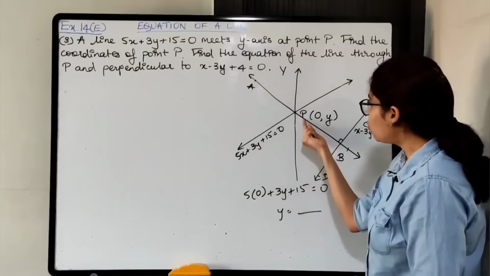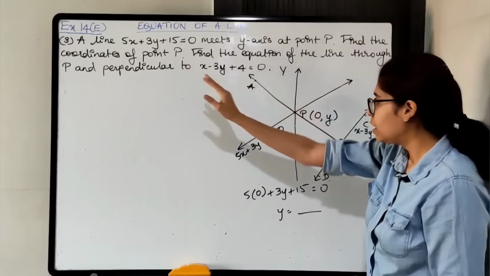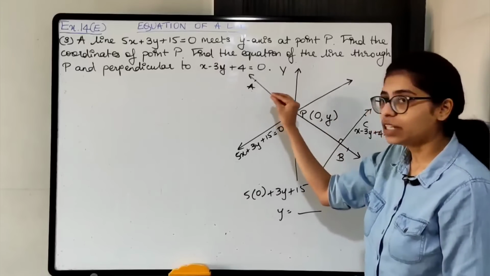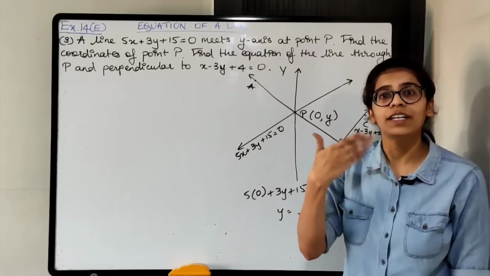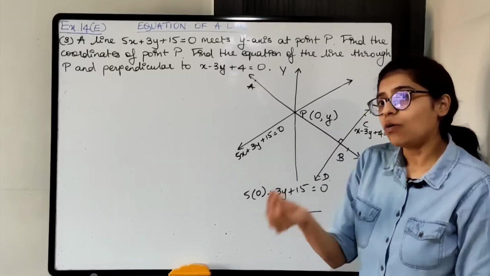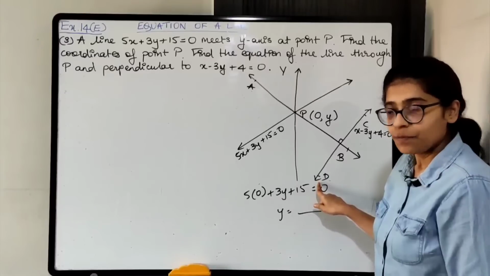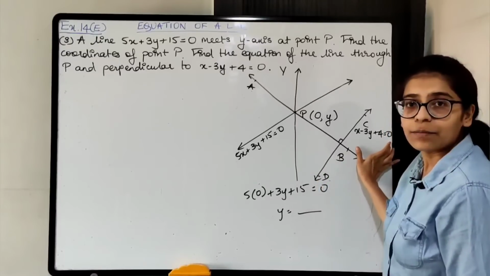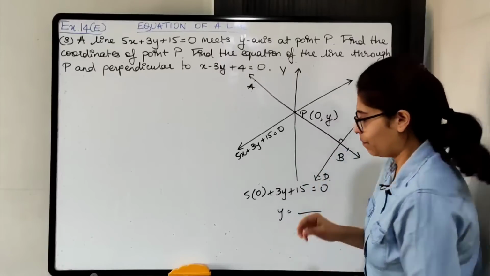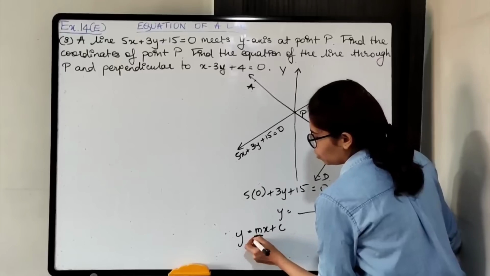For that, we know P का coordinates. We'll get P का coordinates first only. Okay. P is lying on AB. है ना? P is lying on AB. So I have one point का coordinates. What else do I need? I need slope. Okay, I need slope. So how will I get slope? We are told that AB is perpendicular to CD and CD का equation दिया है. All I have to do is bring the equation in standard form. Standard form में लेकर आओ, you will get slope.